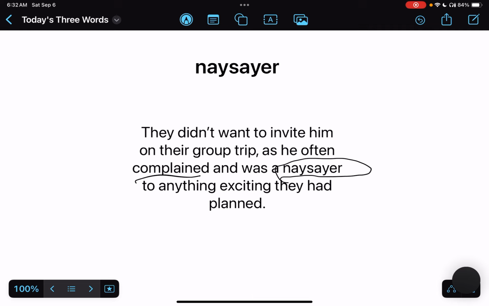So if you know someone that's a naysayer, someone that is always uncomfortable or unfamiliar with things and skeptical about things, then maybe don't take them on something with your friends that would be adventurous. Anyway, again, naysayer, one who's skeptical. Let's move on to